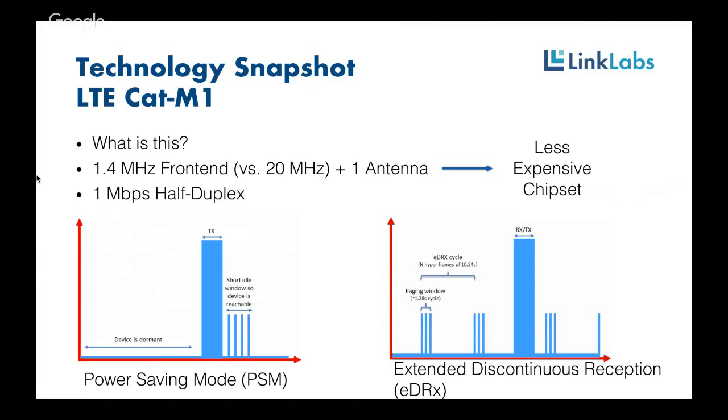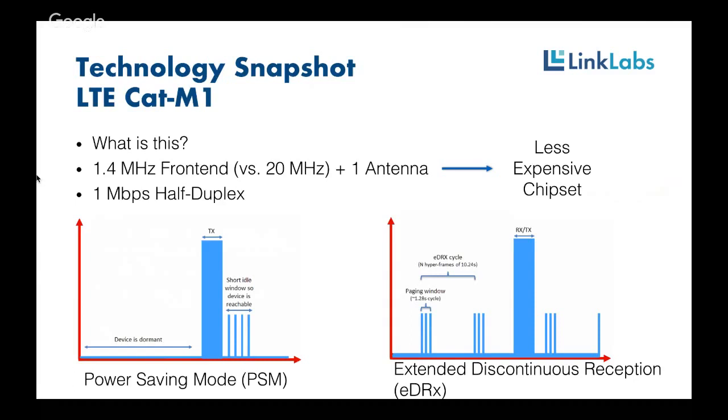And then the two innovations of Cat-M1 that make it as power efficient as other technologies are power saving mode and EDRX, or extended discontinuous reception. Power saving mode is where a device can tell the network, hey, I'm going to go to sleep, but when I wake up, don't make me re-register and go through this complex, power expensive process to get back on the network. I'm just going to wake up, send a single message, be pageable, and ready to send and receive data.